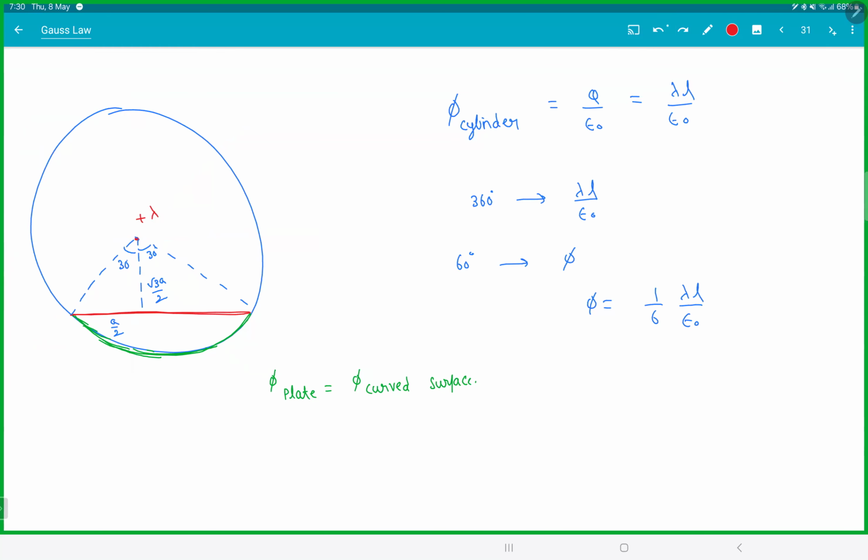Even if it is not root 3 a by 2, it could have still been solved. If it is some other distance, then it would be like this. So basically the plate will be the chord of the cylinder. Then you find the new angle and then you do the same story. Is this clear, everyone? So the main idea there is you need to make it a chord inside a cylinder,